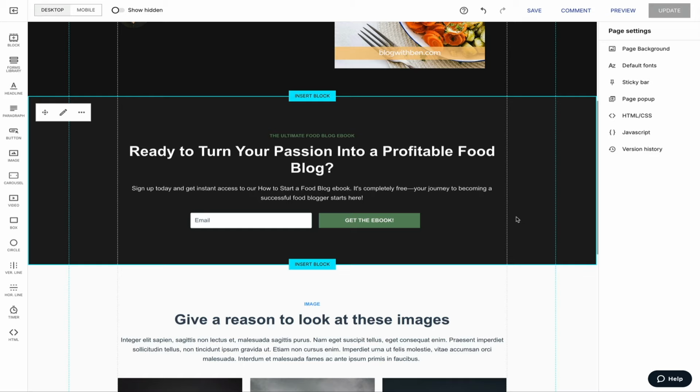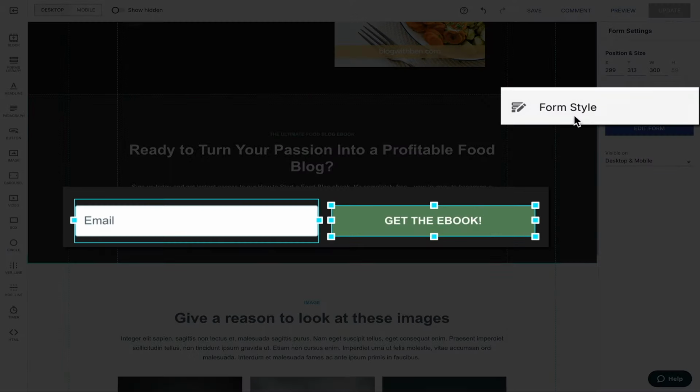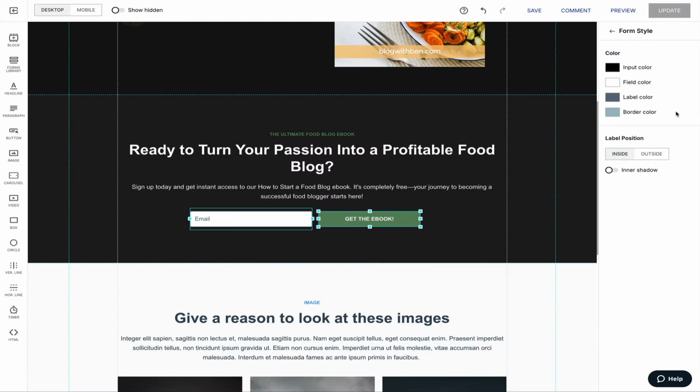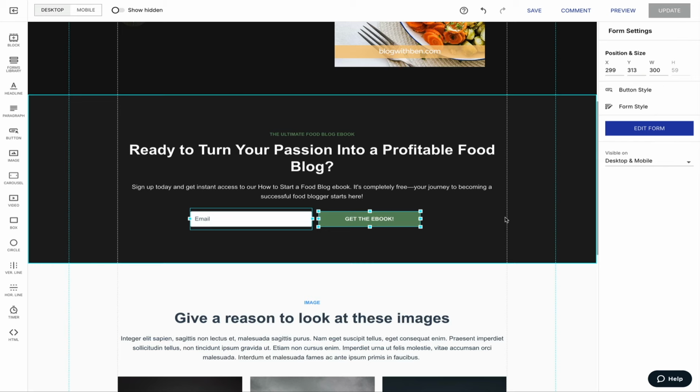Okay, next, if you click on the form element again, and this time select form style, you could edit the colors being used in the actual form field. I'm leaving everything as is, but again, you have a ton of control over the style here if you want to change it. Okay, then the last thing I want to show you about the form is if you click